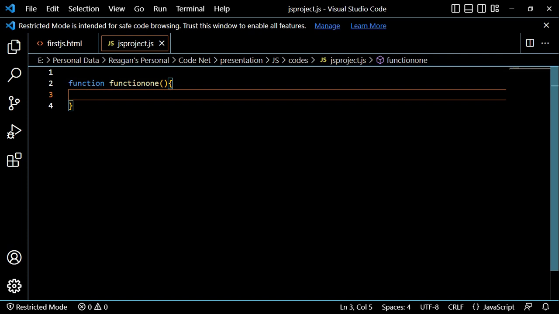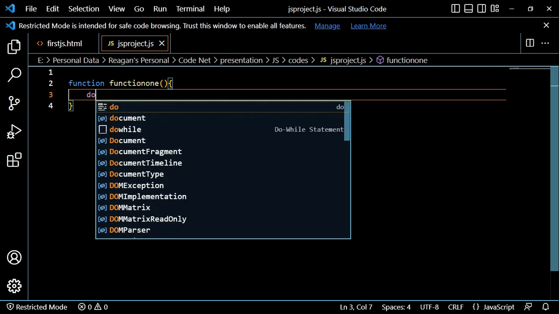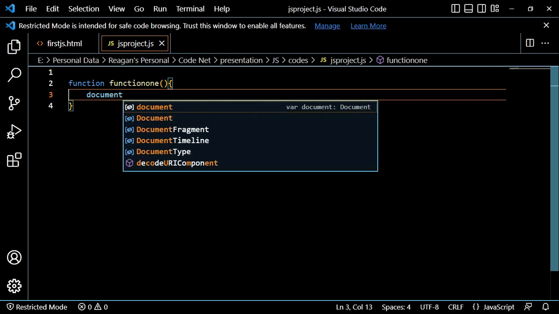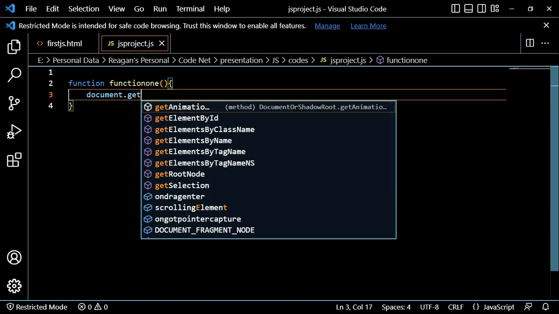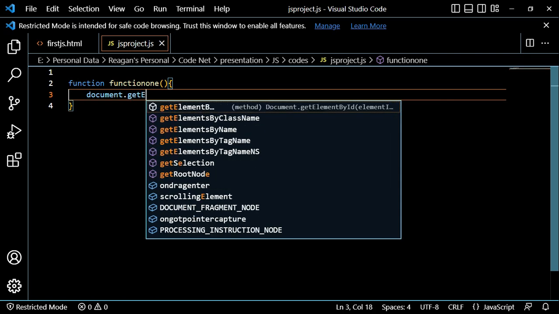Open the curly braces, and for us to print out something, we will use a certain method that can be used in JavaScript when we want to print out something on the screen. Don't worry if you don't understand this method. In our next session, we'll understand this method more vividly and in depth, and we'll also understand the different ways in which we can print out something or send something on the screen. So we'll say, okay, get element